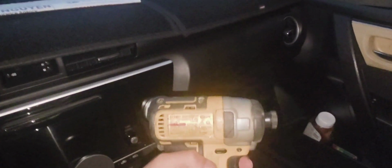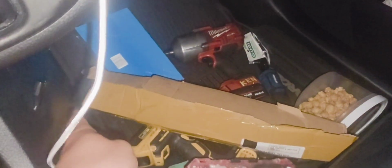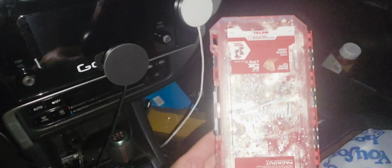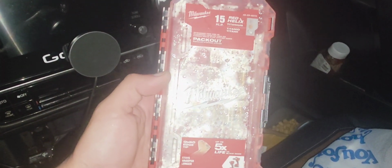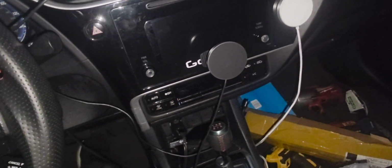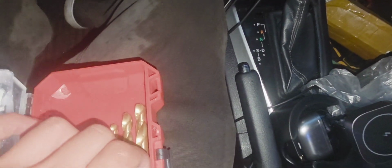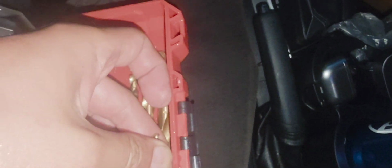Okay. Shall I show you the tools I use? I use this Dewalt impact, but I have the drill here, and I have here the Milwaukee 15-piece impact drill bits. It's titanium, and it's good for drilling the metal on your hood. The first one, I'm gonna use the small one right here, and then you go up to the bigger size,